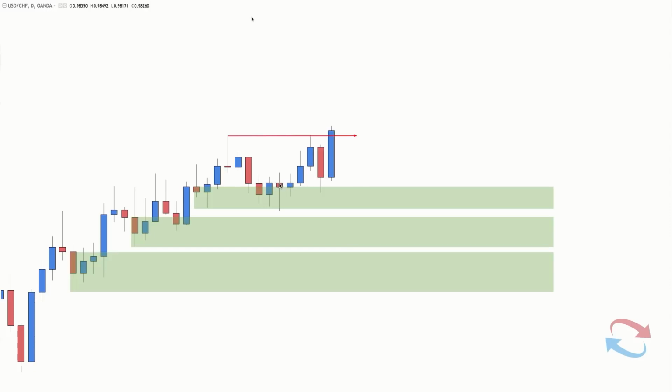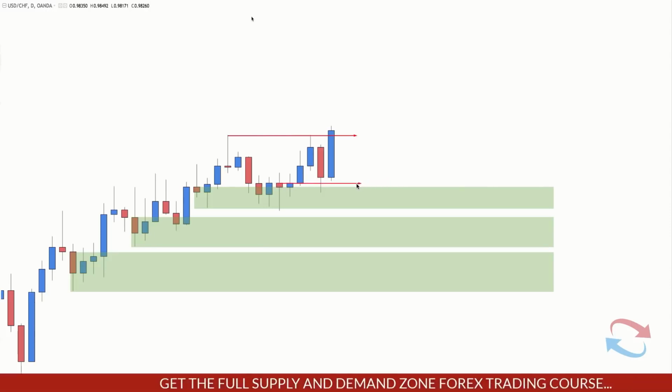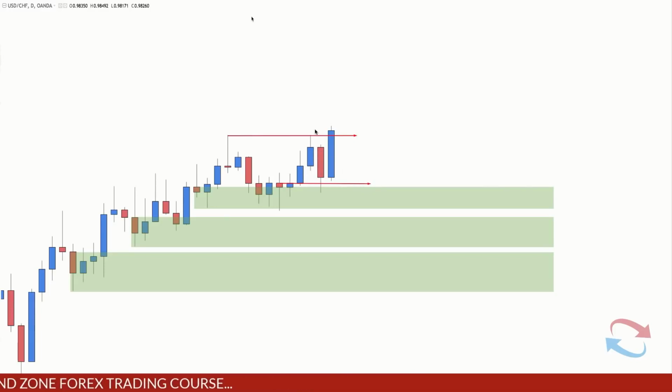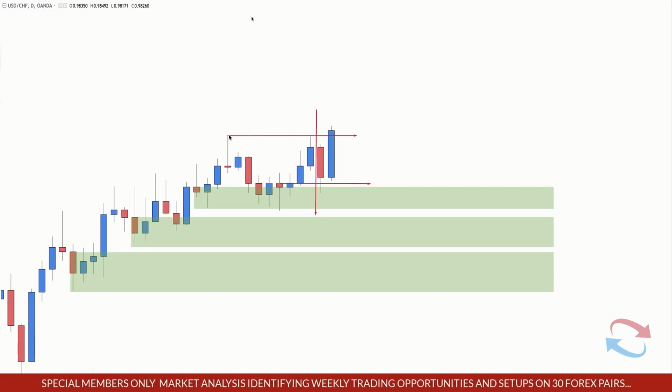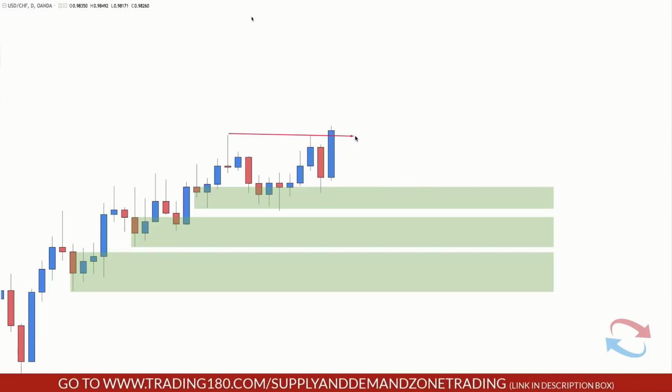So what we could do is actually draw a demand zone here if you wanted to, if this hadn't happened yet, right? So to the left of that hadn't happened yet. It's very marginal, to be fair. I'd probably want a bit more conviction. It's difficult to show, but I'd want definitely an obvious wick above that. But this candle definitely, it's clear that it's made a new high above